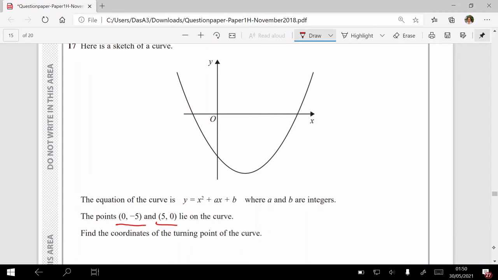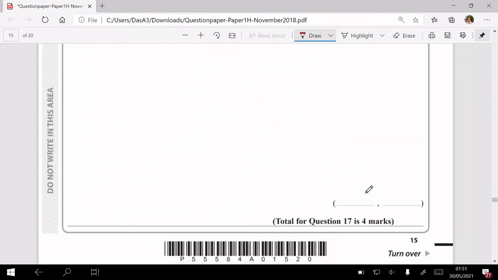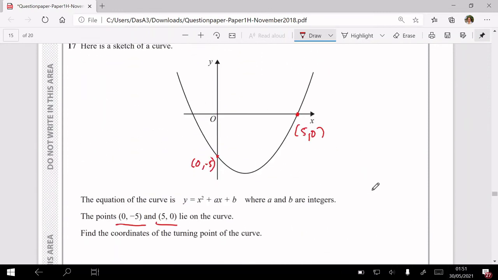So (0, -5) is here, then we have (5, 0), which is here. Let's see how many marks this question is. This is a 4 marker, which means a bit of work. First things first, you know the y-intercept is minus 5, therefore b is minus 5,